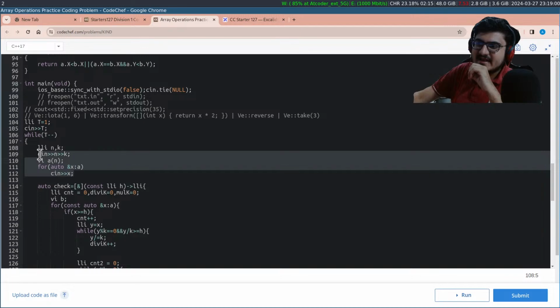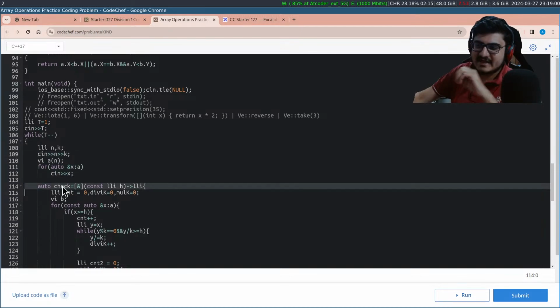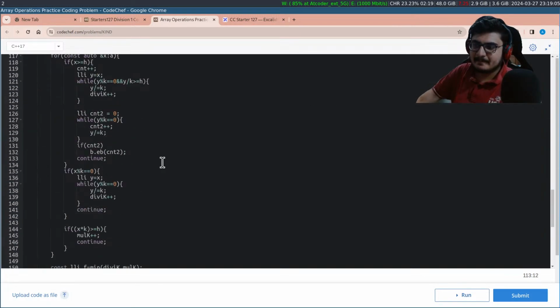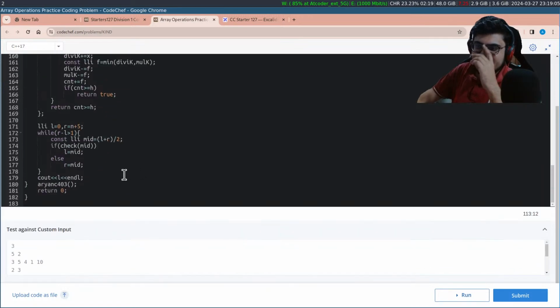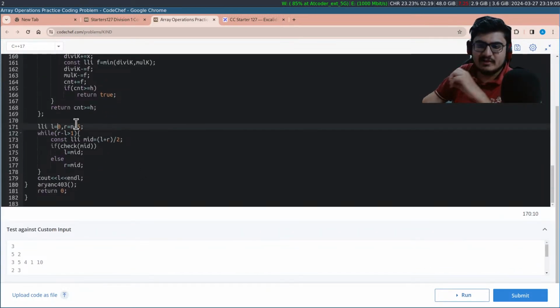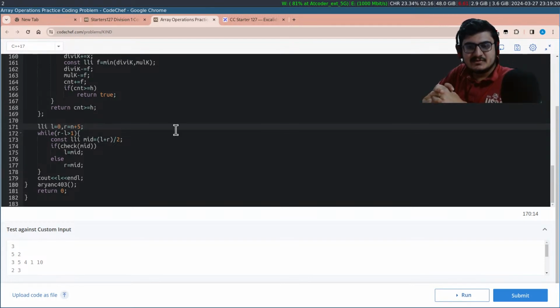Let's say we have taken N and K as input. I have some black box. I will look at this value later. We can always say that all the numbers greater than or equal to 0 are greater than or equal to 0, so the black box will always return true for 0. Similarly, because the array contains only N numbers, it's impossible to get N plus 5 numbers greater than or equal to N plus 5, because the array itself contains only N numbers.